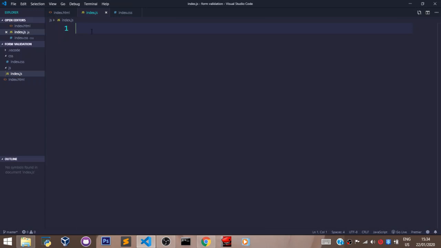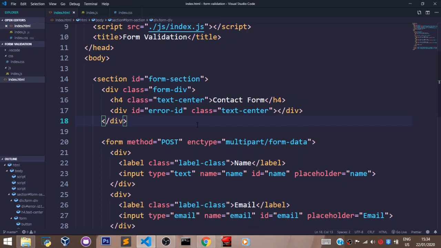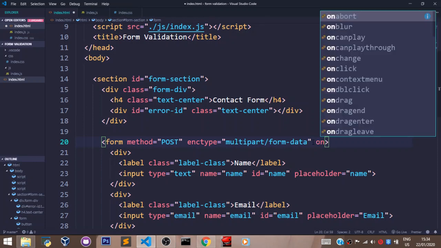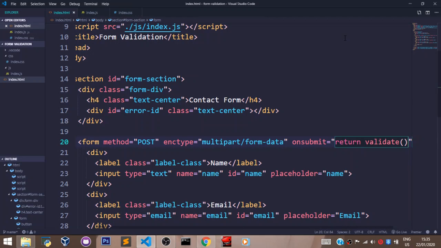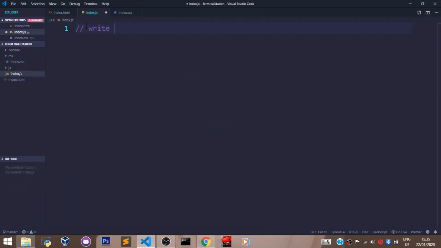Now heading over to our JavaScript file so we can write the code that will help us validate our form. Now heading back to our index.html file, let's come over to the form tag here and let's set an onSubmit property to a function that we shall create in our JavaScript file. Let's return validate. Validate is the function that we shall create in our JavaScript file. Now heading over to our JavaScript file, the comment is optional. You may not want to write this also. Write our function that we returned